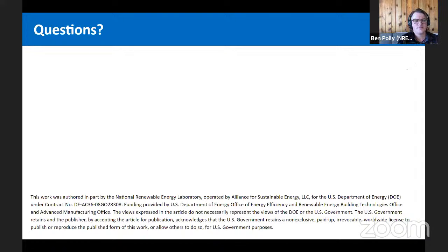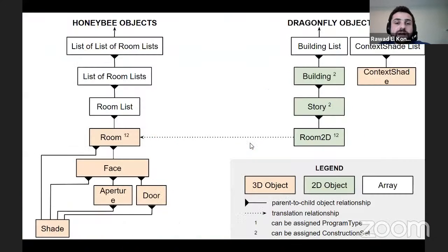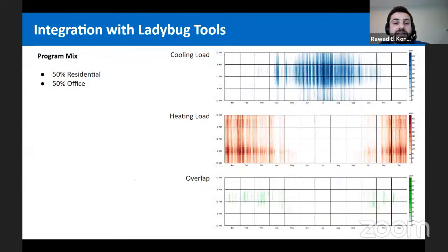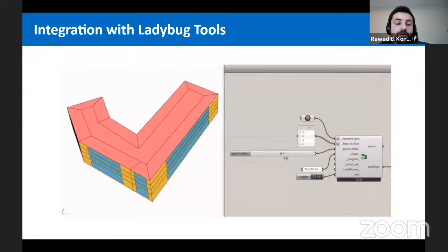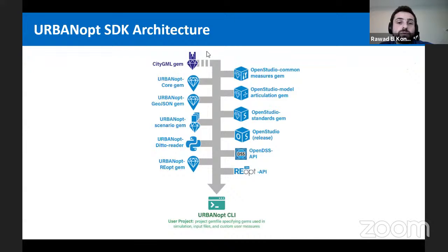Yeah, so for URBANopt, this is not an end user interface. What we now are supporting is a GeoJSON format, but in the modules, we can also support other kinds of formats, like for example, CityGML. But in order to do this, we have to develop a module that can take in this type of format. So the platform is flexible to integrate new modules, to integrate other formats of the geometry and geospatial information.